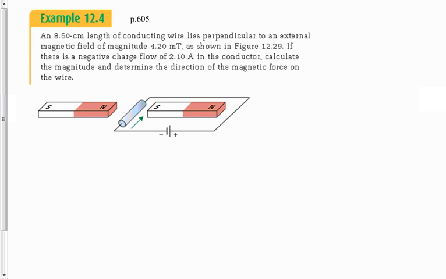Okay, here's an example. An 8.5 centimeter long length of wire. Dallin's question leads really well into this question because we see our length in centimeters and we want it in meters. It's perpendicular to an external magnetic field of 4.20 millitesla. We don't like those units either. There's a negative charge flow of 2.1 amps in the conductor. Calculate the magnitude and determine the direction of the magnetic force. All right, so let's make this L. Let's make this B. Let's make this I. We're looking for